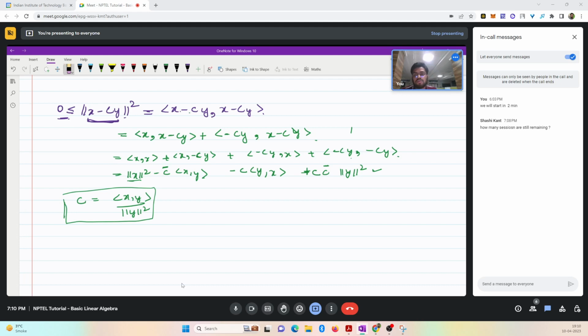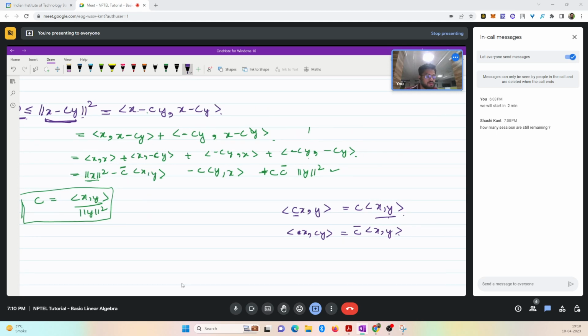इसमें y में c था ना, तो जो हमारा इनर प्रोडक्ट का प्रॉपर्टी होता है, इफ यू हैव लेट्स से c x comma y, किसी एक में भी है, अगर पहले वाले के साथ में है तो वो एज इट इज बाहर आ जाता है। अगर वो दूसरे वाले के साथ है, मान लो x comma c y है, तो वो c कॉन्जुगेट बन के बाहर आ जाता है। दिस इज प्रॉपर्टी ऑफ योर इनर प्रोडक्ट स्पेस। जरूरी नहीं है कि दोनों में रहे, अगर दोनों में रहेगा तो पहले वाले में से c बाहर आएगा और दूसरे वाले में से c कॉन्जुगेट बाहर, जैसे यहाँ पे हुआ, यहाँ से c आया, यहाँ से c कॉन्जुगेट आया।